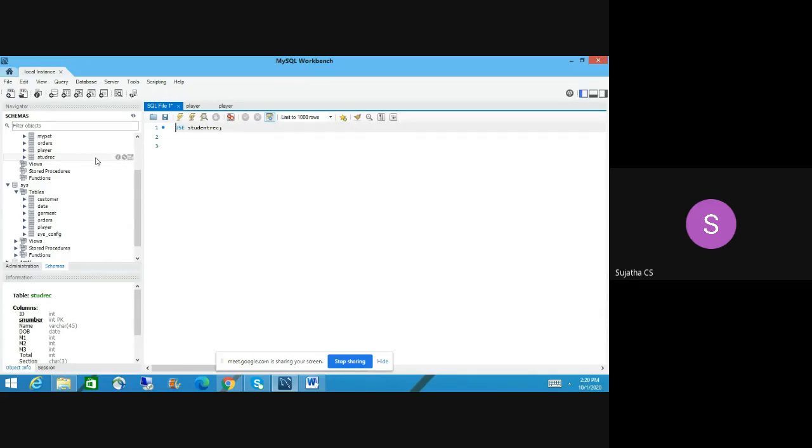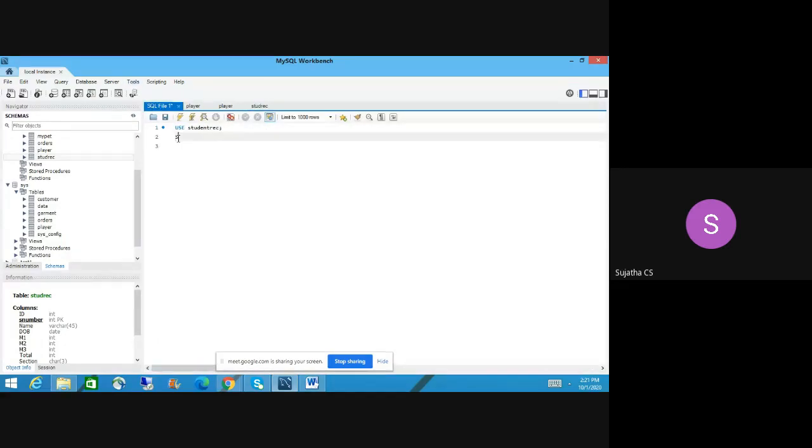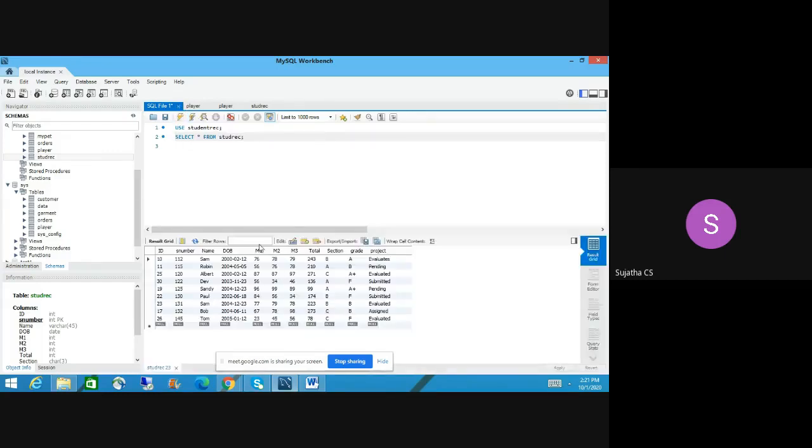Okay, let me take the student record. Here, select star from the student record table. Let me run this query. Now I'm going to sort in ascending order. By default, it will show ascending order, right?